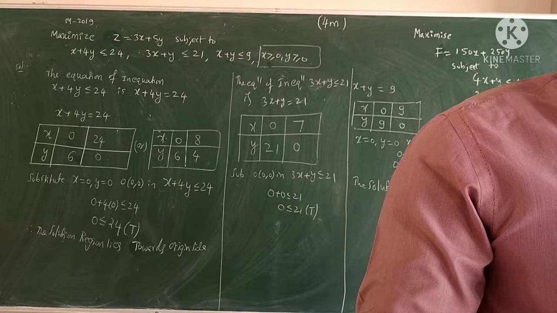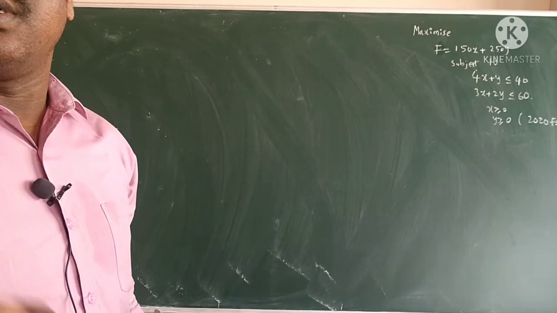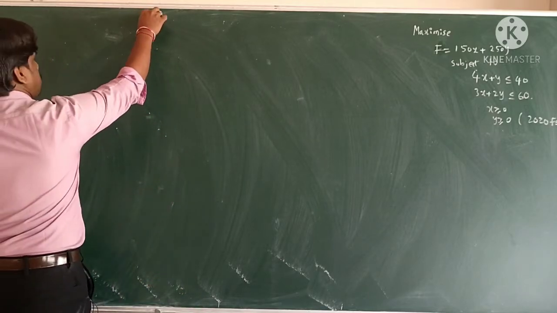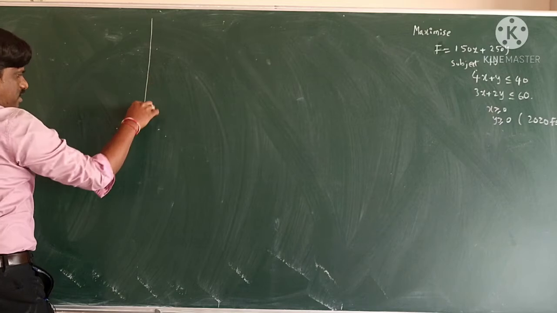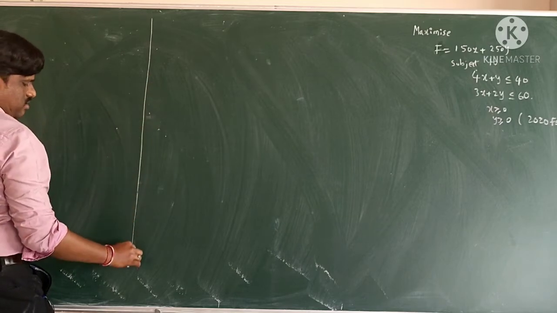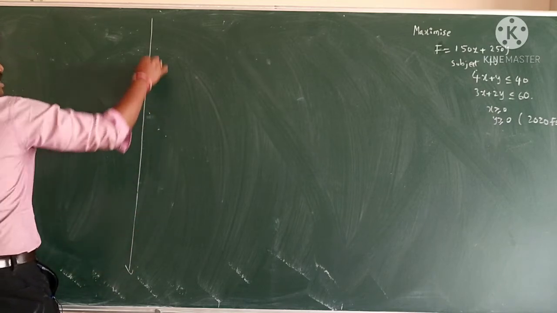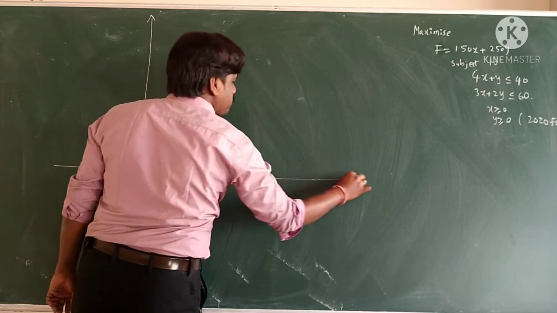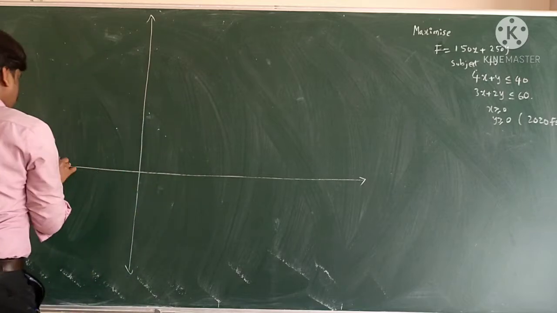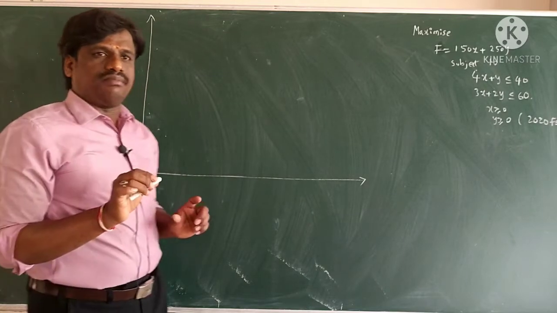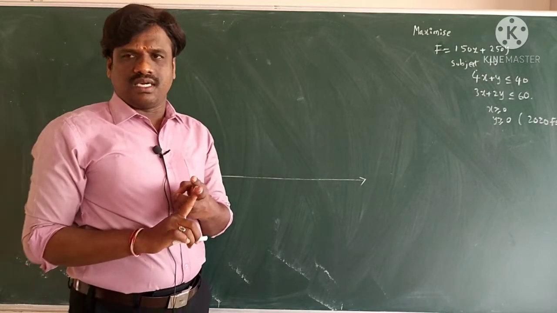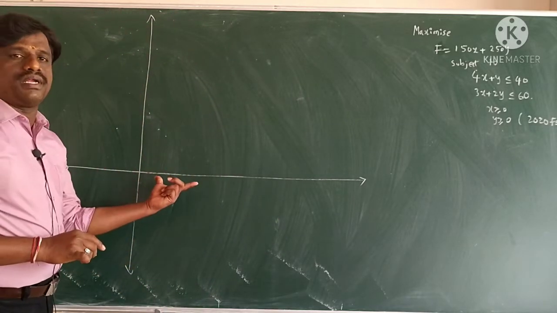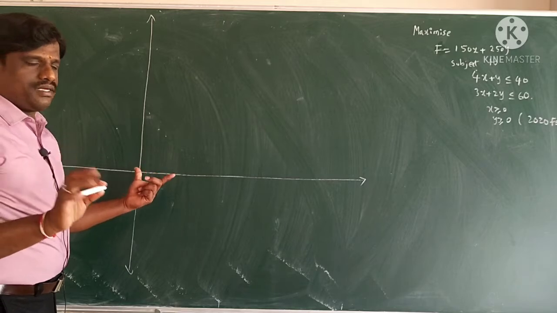Compulsory question, 4 marks. Let's do the graph. See here, we need this all positive. This LPP graph always lies in the first quadrant. Okay, draw the x axis and y axis. Listen to me. They will give you graph paper to do it on, okay? Otherwise, if you are writing this, use the scale properly and do it. Graph paper is better, okay?